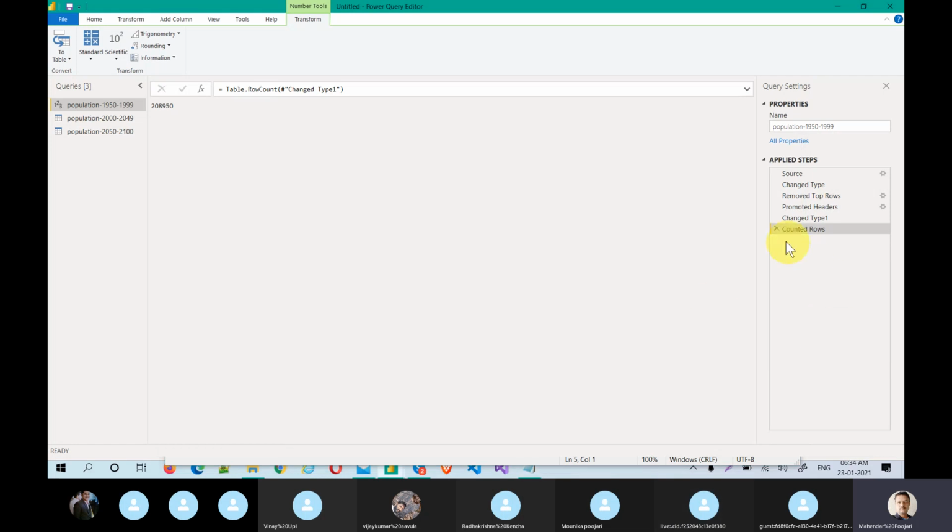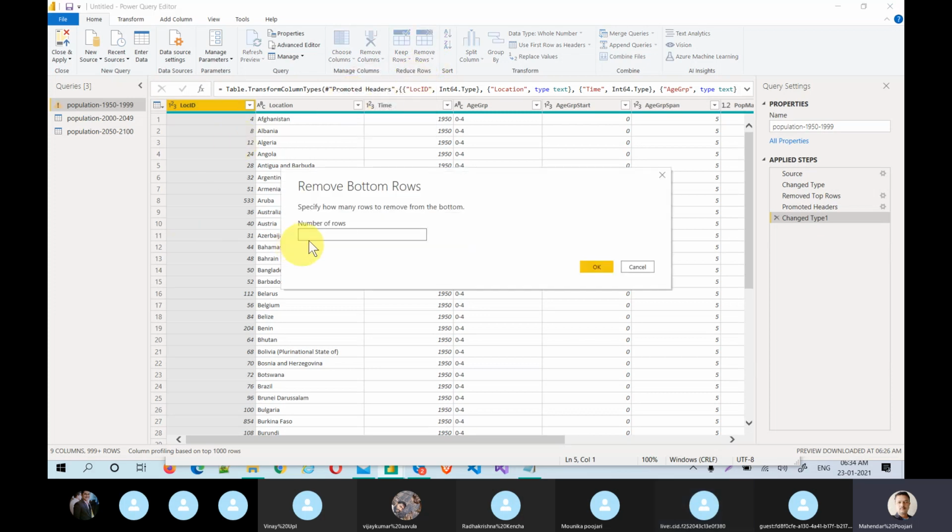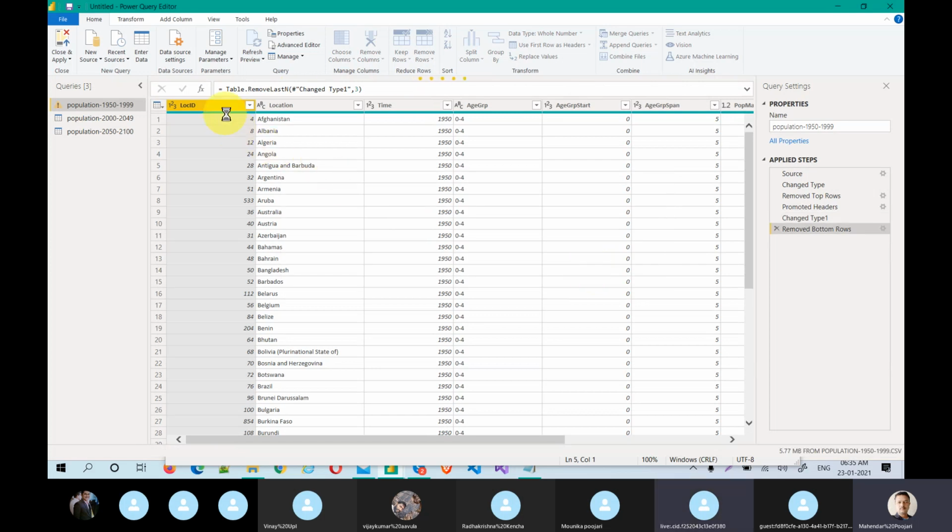Let me close back. We just removed these bottom rows, right? Okay, remove bottom rows, but at that time we did not see whether the names were actually deleted or not. Now let me apply, and ideally they should be deleted. But I could not show whether they are deleted, because if you go back and see in the filter, I can see those three records as is, because they were duplicates. We will come to the duplicate part also. Now it's deleted. Let me go back and check the row count.